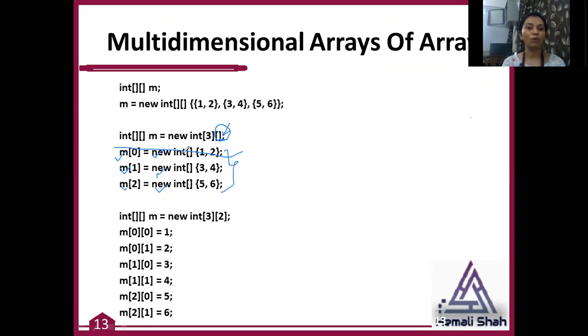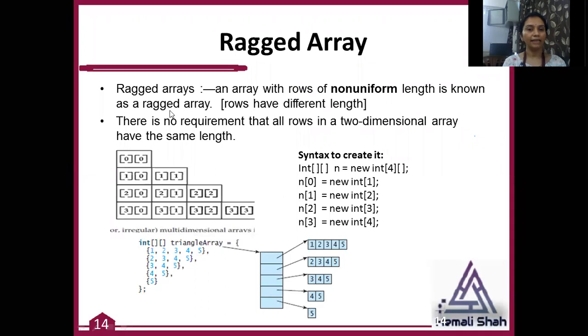In the first row you want the single-dimension array 1, 2. In the second row you want the single-dimension array 3, 4. In the third row you want the single-dimension array 5, 6 as elements inside it. Right? So whenever you are not giving the number of columns, you have to create each and every row by using the new operator. This is another syntax you can use to initialize, using the two indexing mechanism available with multidimensional arrays.